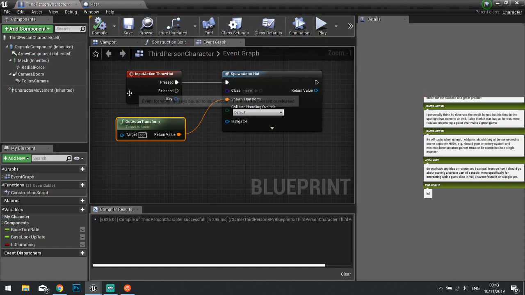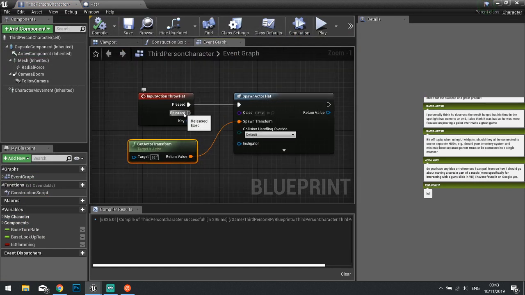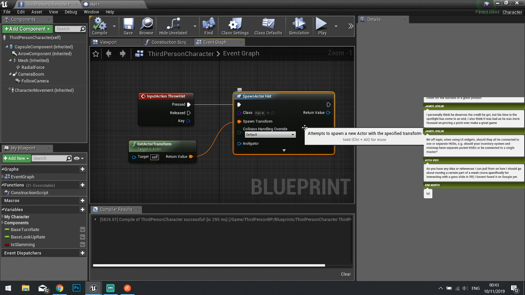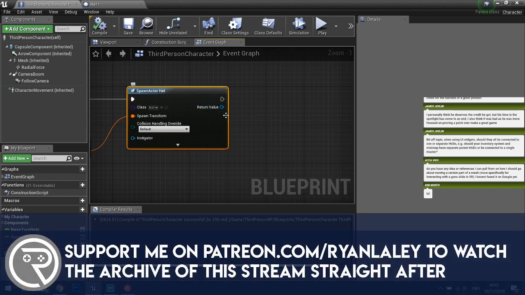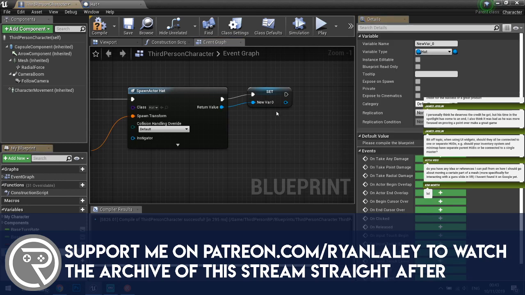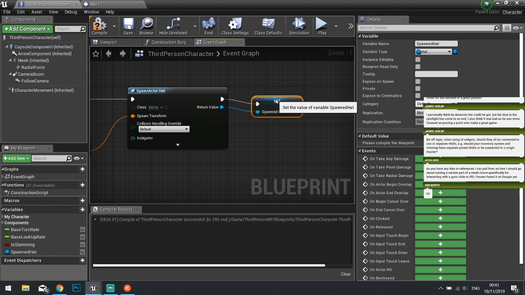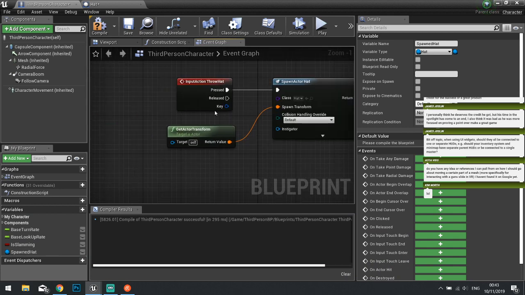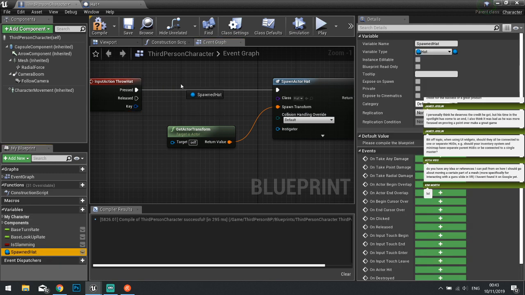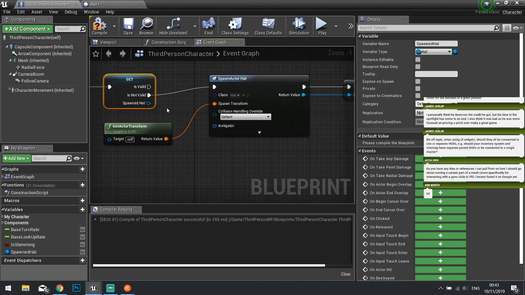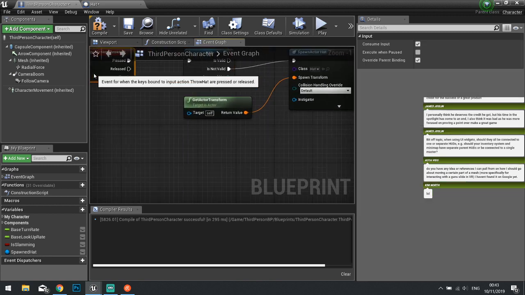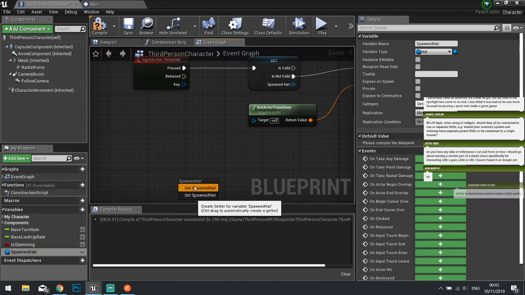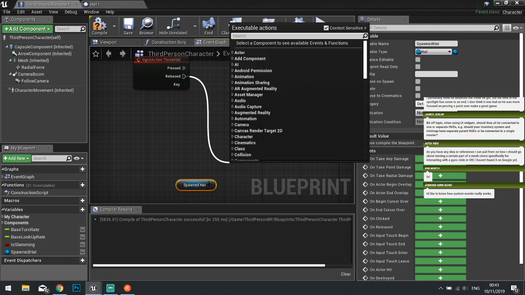So let's do the returning back to the player character. Throw hat is then released. We need to get this spawn actor hat and do something with it. So let's just promote that to the variable so we can actually do something to it. Spawned hat. We also only want to spawn one hat at a time. So with that set to spawn hat here on throw hat, we can do a validated get. Like so. So if it's not valid, i.e. doesn't exist, we'll spawn one. And on the released, we're going to get that hat and tell it to